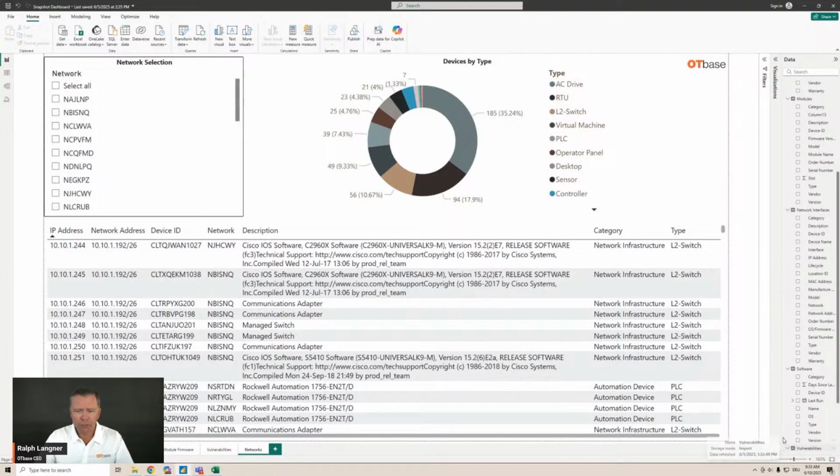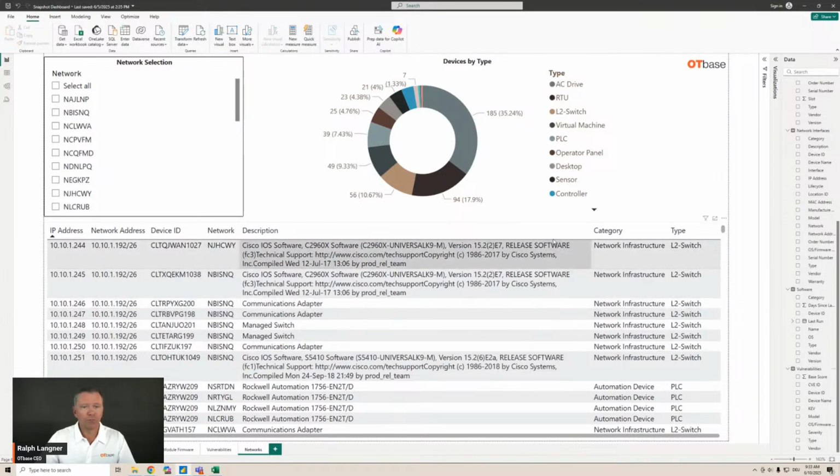We will look at those a little bit later. Any of these data items can be selected for reporting and visualizations. As you can see, we have already pre-populated this Power BI report. And as a matter of fact, you can download this template from our website to give you a head start on your reporting